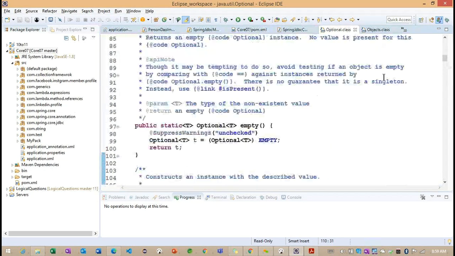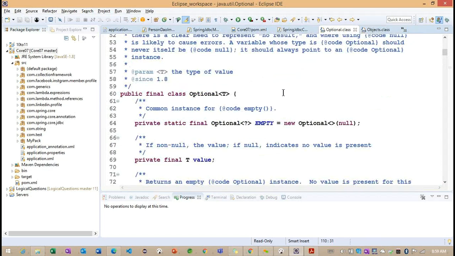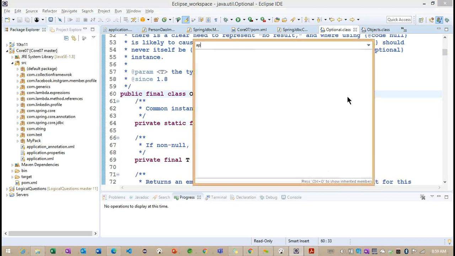Getting the point? Mainly, we need to focus on the properties we have inside this particular Optional. Now you can see they create an object with the help of this empty, and here they made a generic type. So why did they provide the generic type here? Because we don't know what data type we are going to provide. Now everything you can find here, the transformer and apply methods.